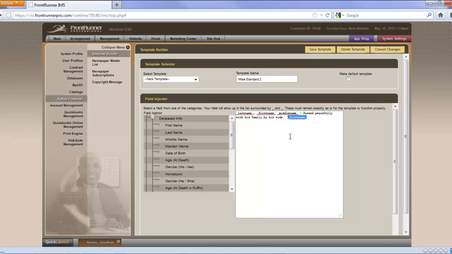And we'll put the first name and a space. And we type in the connectors here. You can see is survived by,